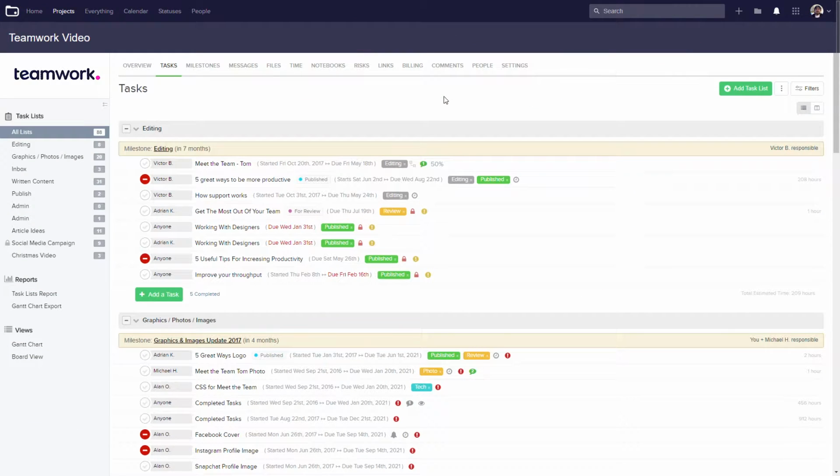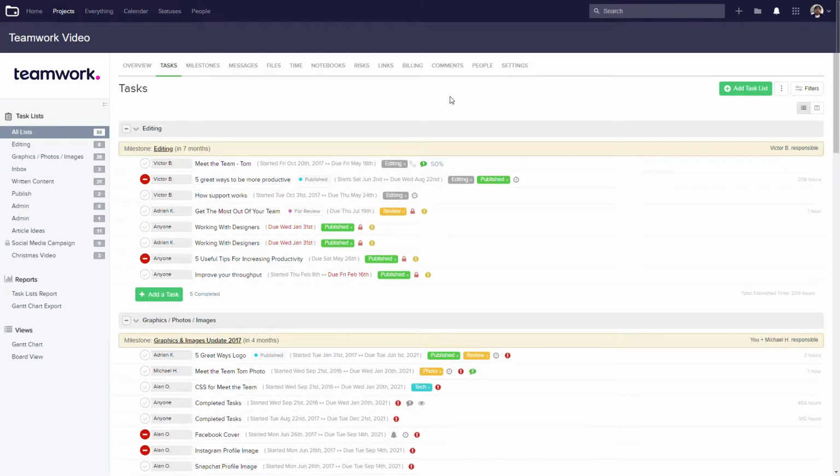Each of your task lists within a particular project in Teamwork Projects contains an options dropdown. These task list options allow you to edit, copy, or delete your task list. You can generate reports on that particular task list. You can even edit or add tasks in bulk. These options, along with some more which we'll cover in this tutorial, allow you to get the most out of